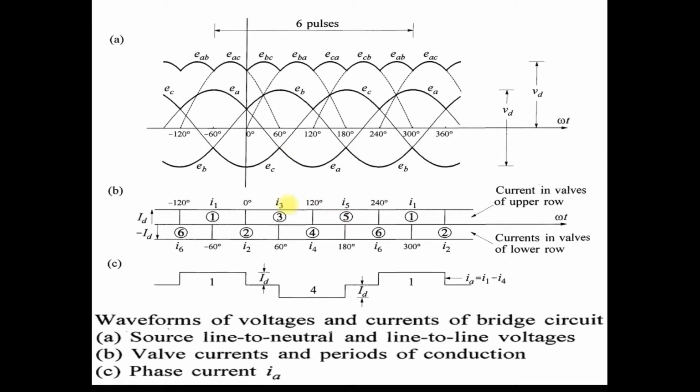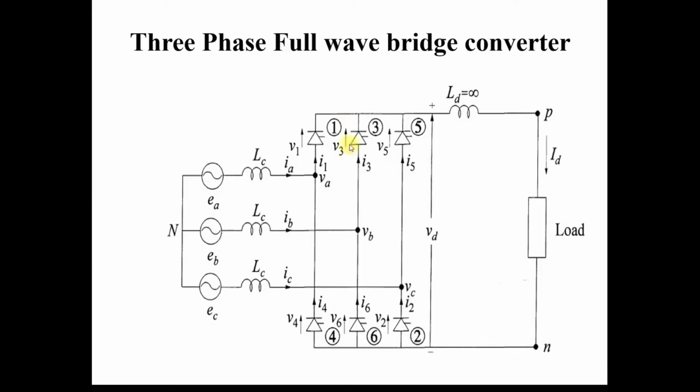We have already seen this waveform in lecture number 15. I again repeat this. So we first draw the three-phase waveform EA, EB, EC, and alpha is 0. It means whenever phase crossover happens, at that point you provide the firing angle. So here you can see that at this point there is a phase crossover point between A and B phase. So from this point your incoming phase, it means B phase valve comes into forward bias. B phase connects the anode of valve number 3. You can see that B phase valve number 3 anode is connected. So from this phase crossover point, you provide the firing pulse to this valve number 3.